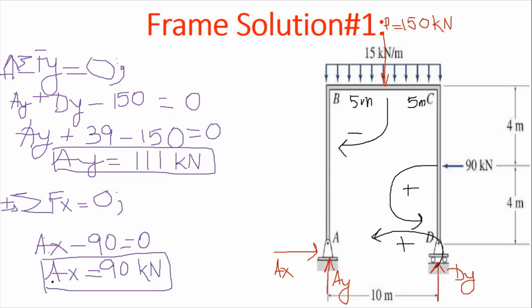Now, what does it mean by that? We have calculated all the support reactions. So this is the way you can calculate the support reactions. And one more thing I want to tell you over here, you can also sum up moment at B, C, A, D, wherever you want to, at every point. But here what we are concerned with is finding out the support reactions. So if we get all the support reactions, it is enough for us. So we have calculated. Normally the questions come in the exams like this. You have to calculate the reactions at the supports in the given frame structure.